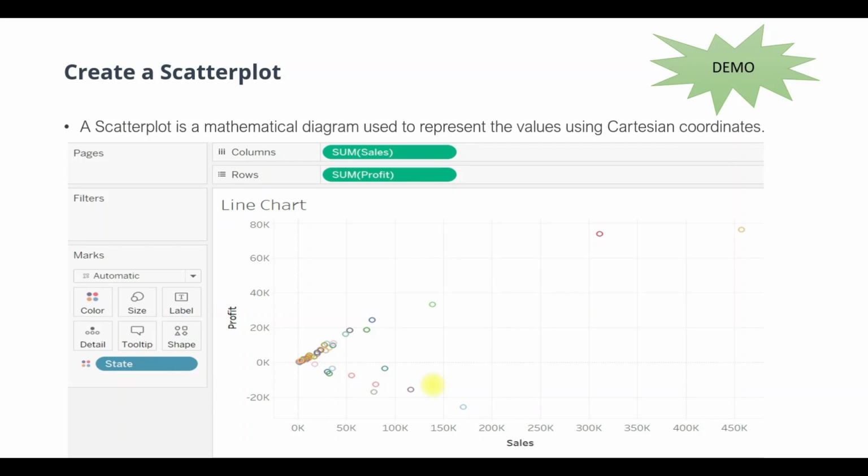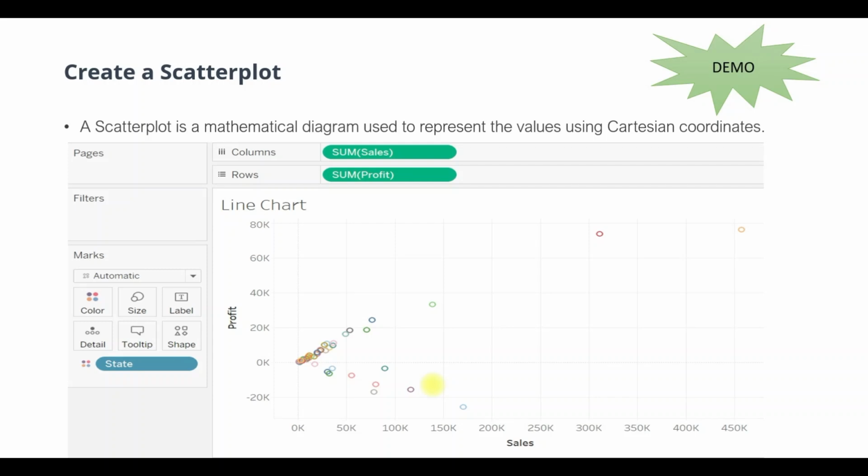And for a scatter plot, it is necessary that we have at least one measure on the x-axis and one measure on the y-axis. That is, the columns and the rows should have at least one measure each, and the dimensions can be used for various other things like the colors and the size, etc. So this is how the scatter plot works.